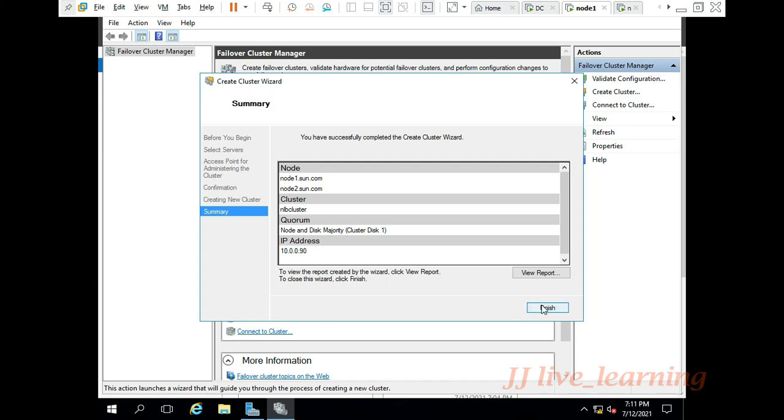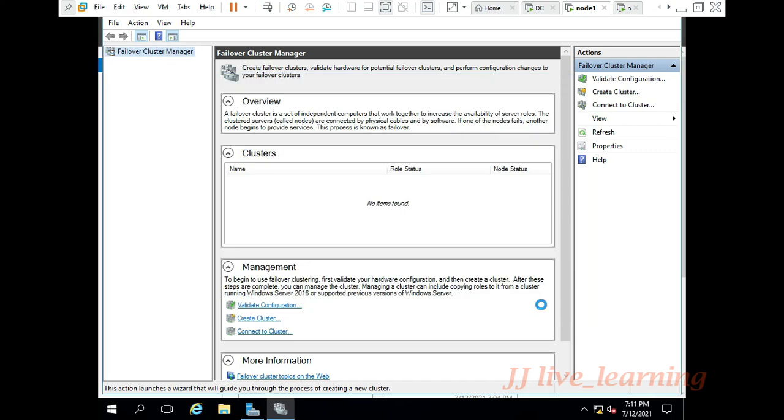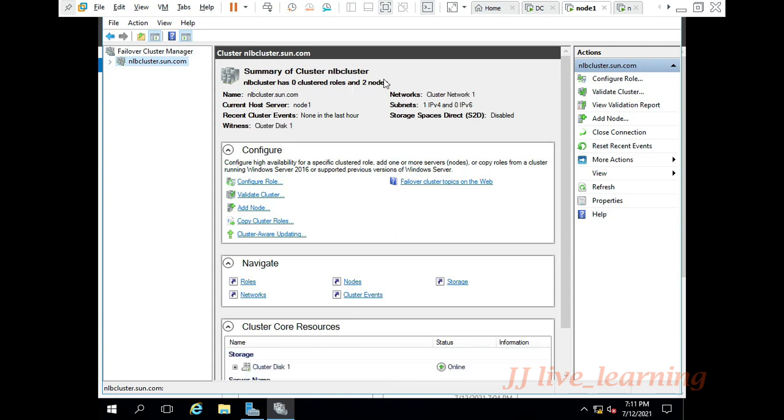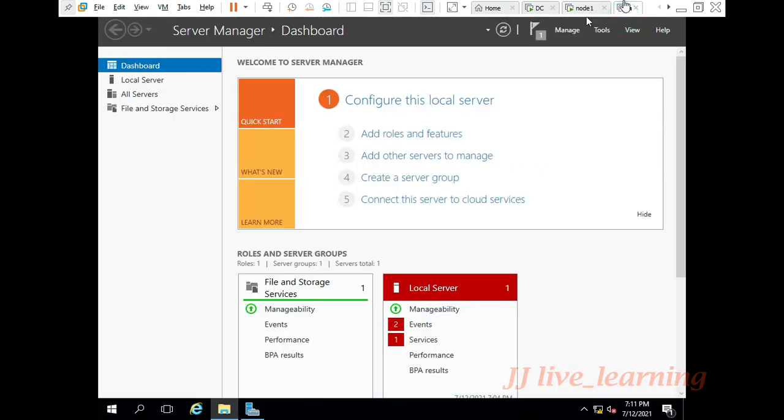Once the process is done, you can go and check on your node 2. NLB cluster.sun.com, the cluster is configured here. All the status will be up now. Now go to node 2.